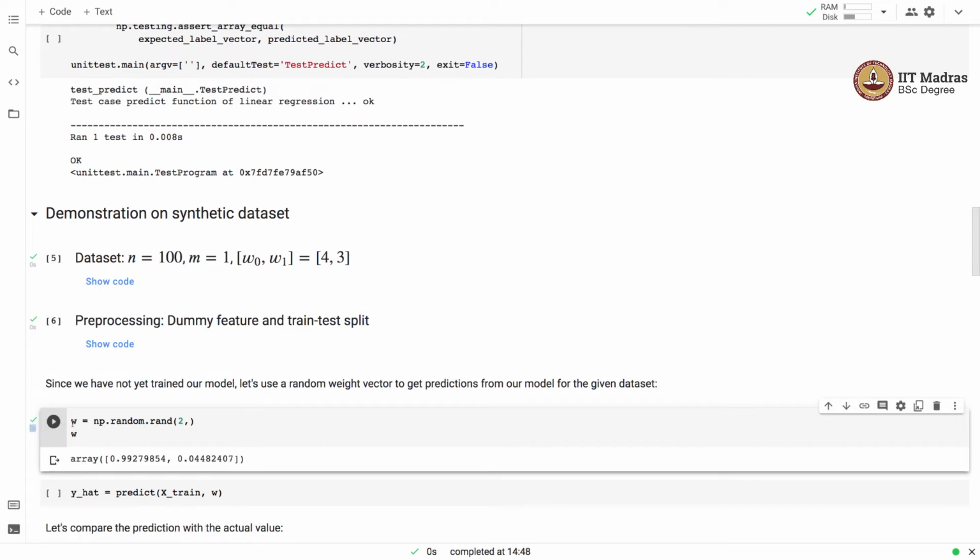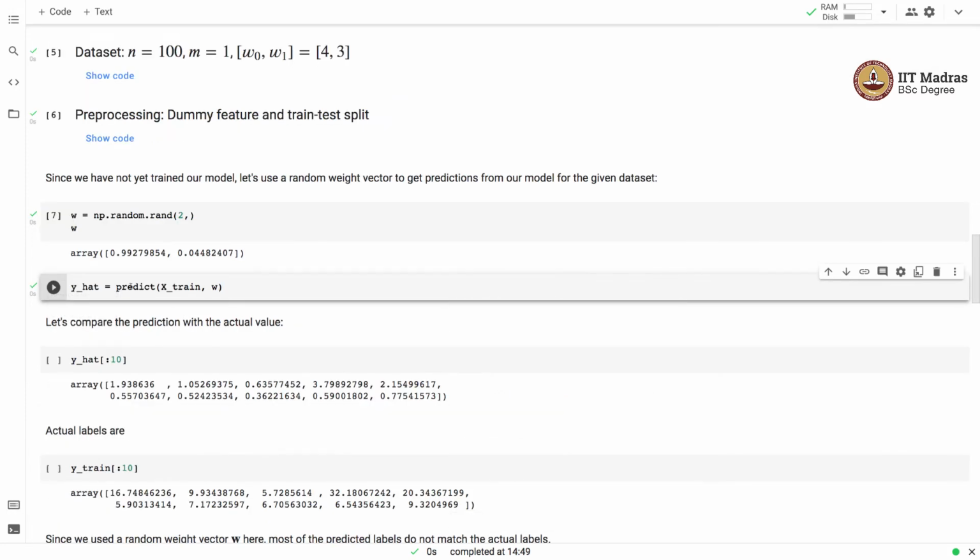So we obtain the random weight vector by calling np.random.rand with shape of 2, and we got a weight vector which has the value of w0 to be 0.99 and value of w1 is 0.04. Now we obtain the prediction for the training set with this randomly chosen weight vector. The predictions will be stored in a variable y_hat.